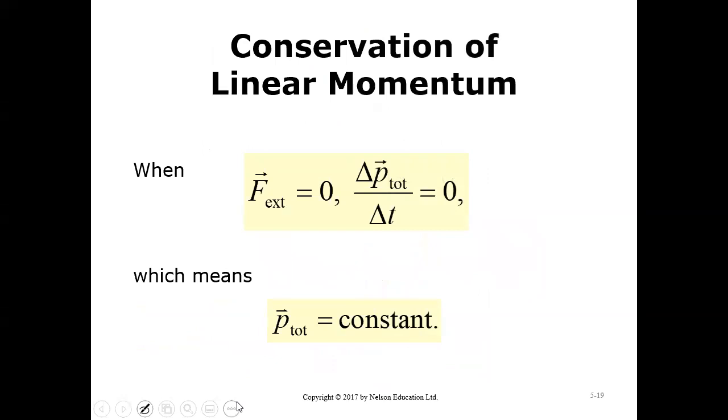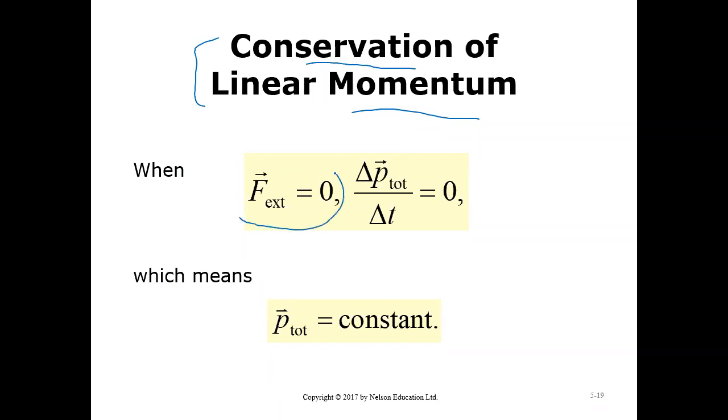Okay. Now we have a very important principle, conservation. You know what conservation means, right? Meaning it doesn't change, it remains the same with time. It remains constant. This is nice because this momentum quantity is mass times velocity. If it is a collection, it is mass times the velocity of the center of mass, the total momentum. We can apply a law called conservation of linear momentum, total linear momentum, for a system,